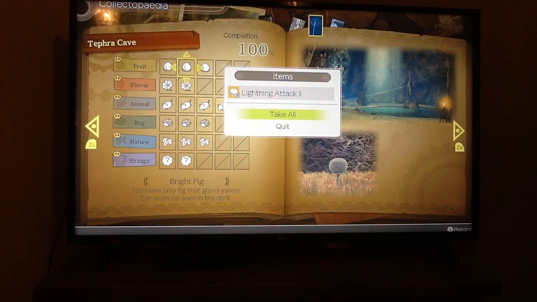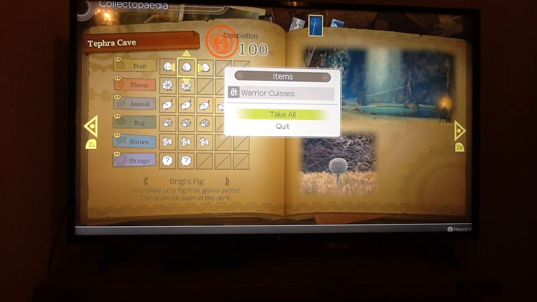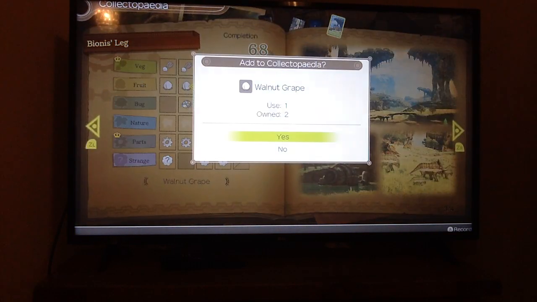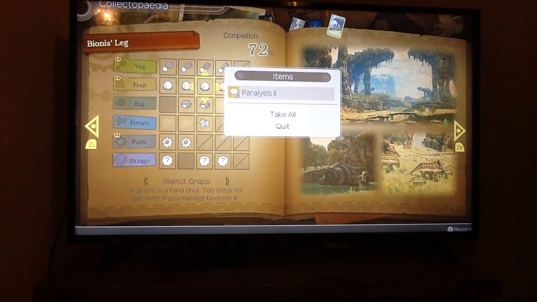This will give us Lightning Attack 2 for completing the fruit category, but completing the entire area, we get Warrior Cruises, or Crucis, or however you say it. We've also collected more items for gold, Bionis leg, sorry. I was actually going to a gold plane or somewhat, but I don't know. So completing the fruit category, we get